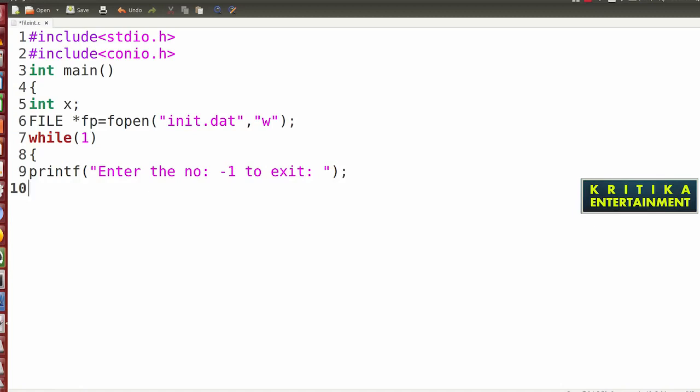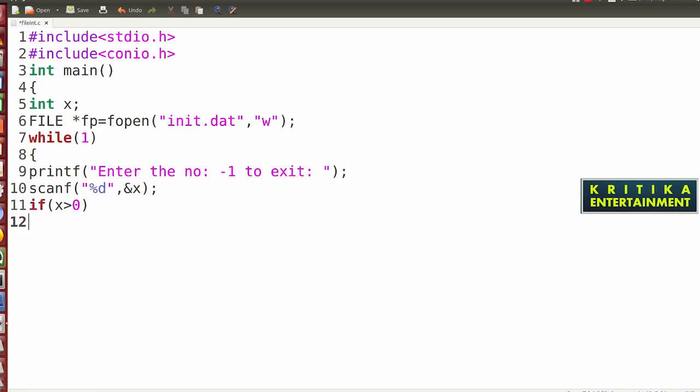Then I will write scanf with %d and x. Then I will write if x greater than 0.